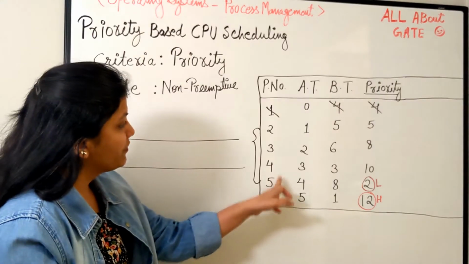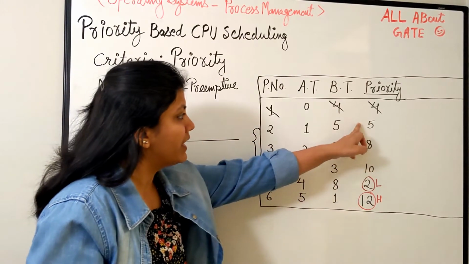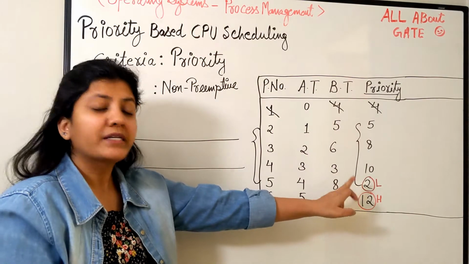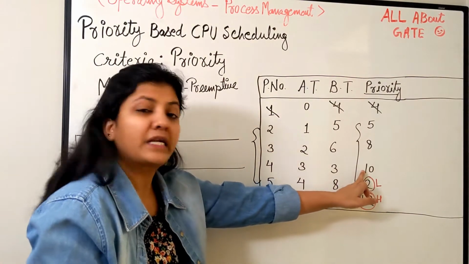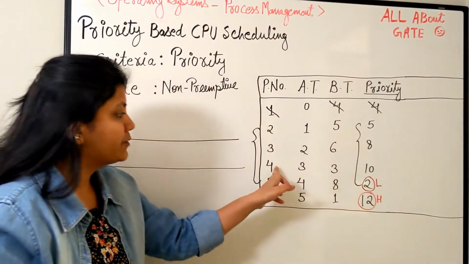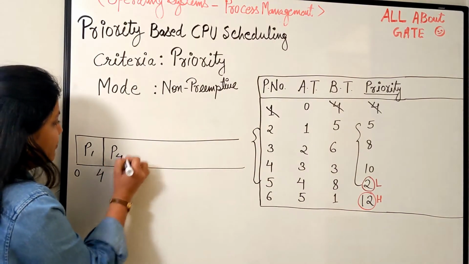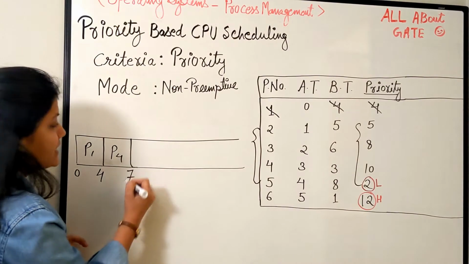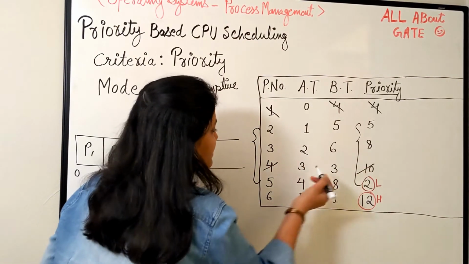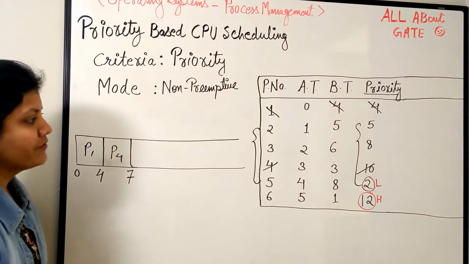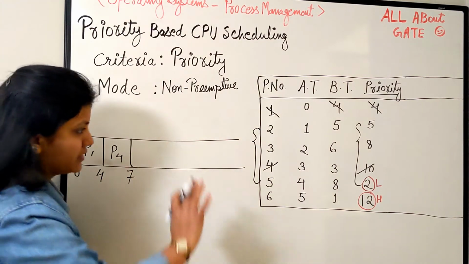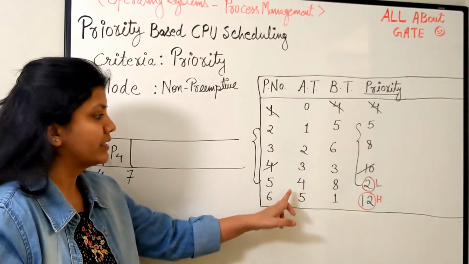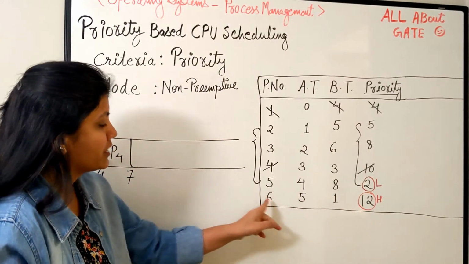So we have many processes, and we look at the priority. Among the priorities 5, 10, 8 and 2, 10 is the highest number, so that is the highest priority. So we select P4 next, which runs for 3 bursts, 4 plus 3, 7, and this gets finished. You strike it off, as I always say, so that you don't forget that this process is done. By time 7, we also have P6 in the system.